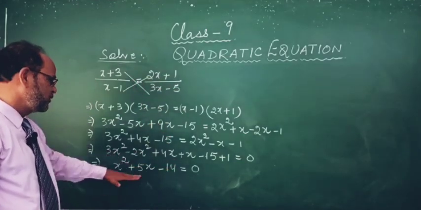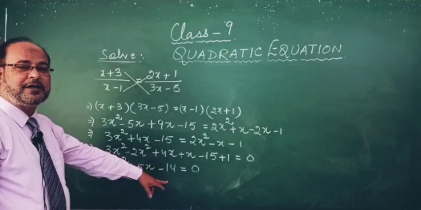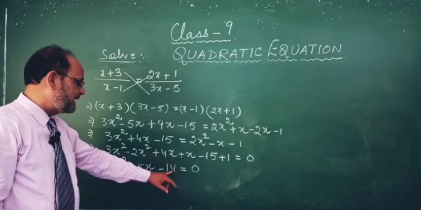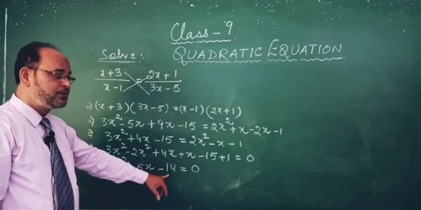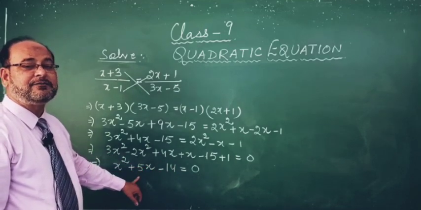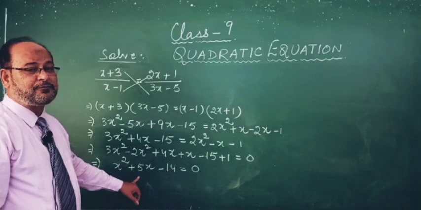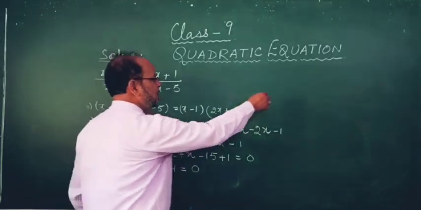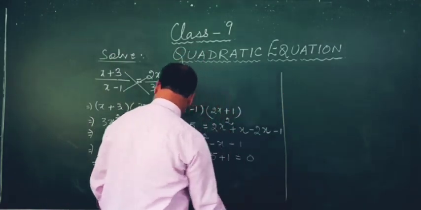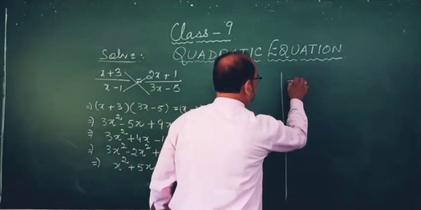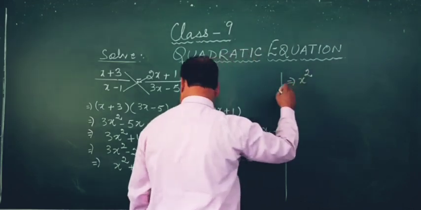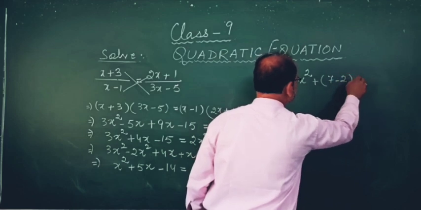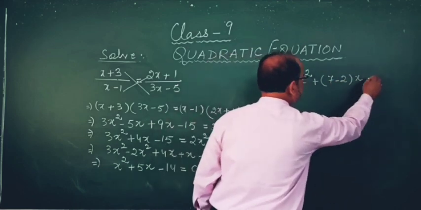Now from here, your job is to factorize this quadratic form. So what is the situation here? You have to find two factors of 14 whose sum or difference is 5. So 7 and 2, and the difference will be 5. So you will write x square, this 5 you will split and write it as 7 minus 2, x and minus 14